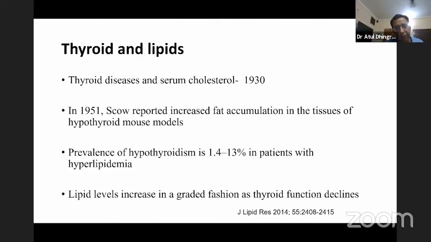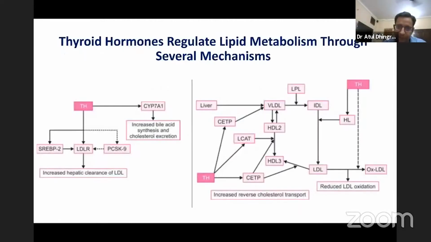Patients with subclinical hypothyroidism will have lesser changes in their lipid metabolism vis-a-vis patients who have overt hypothyroidism, who will have a very large amount of changes in their lipid metabolism. So if we look into how thyroid hormone regulates lipid metabolism, it is a very complex pathway. Thyroid hormone has a direct stimulation of LDL receptor. Thyroid hormone acts at the genomic level and increases the expression of LDL receptor. This they do directly as well as through another co-stimulatory protein, that is SREBP2,